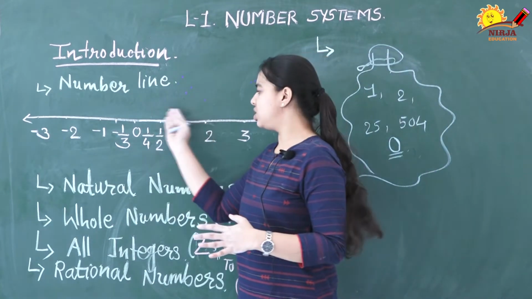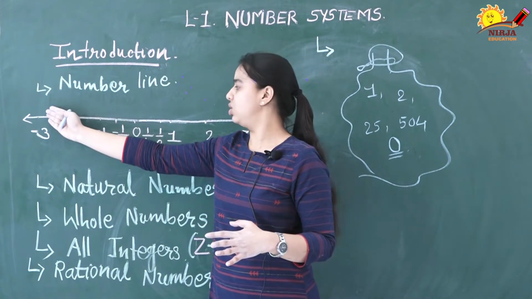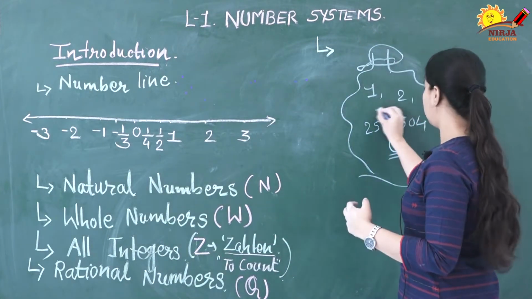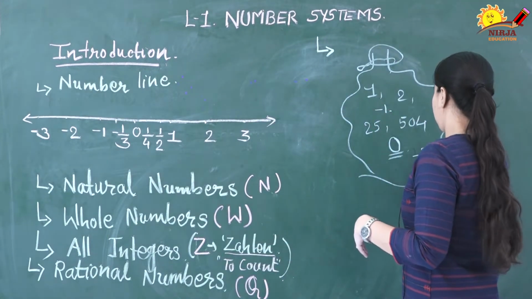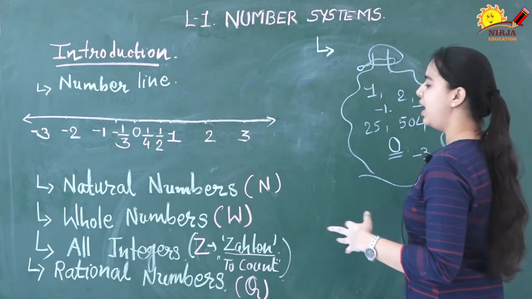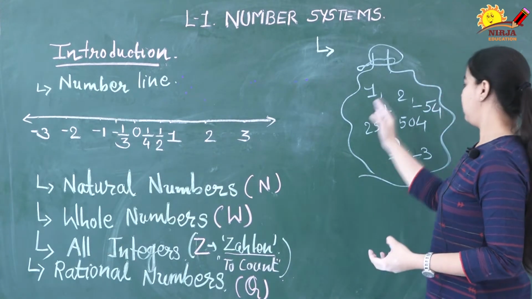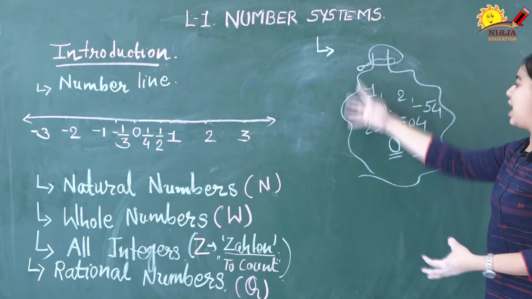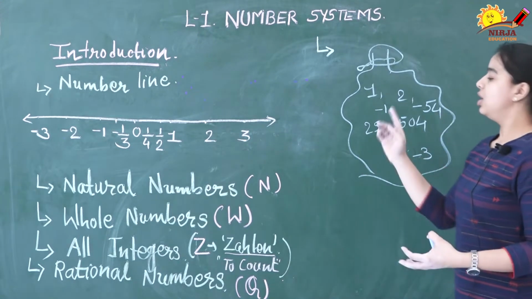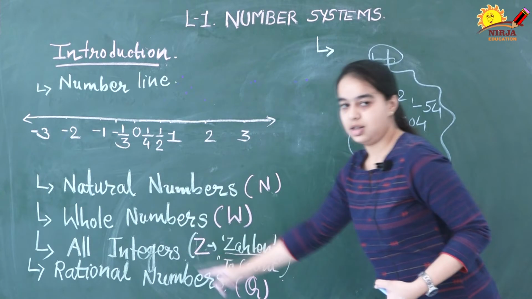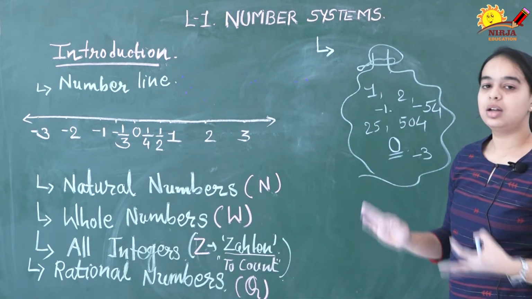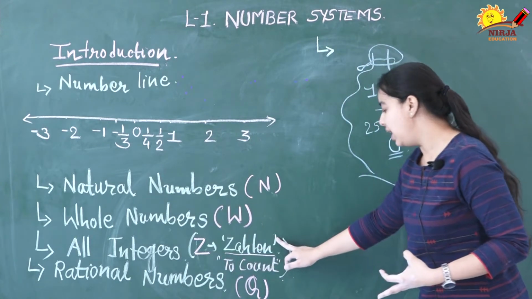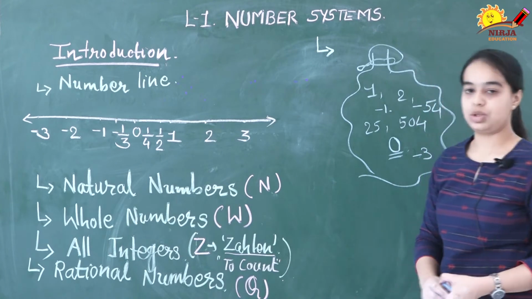Now you are at 0, which we have already collected in our bag. You want to turn and go this way to collect the negative integers. Let's do so. I have collected some negative integers: -1, -3, -54 and many more. So with the negative integers, all the positive integers and 0, all the numbers in my number bag are called integers, and we indicate integers by the symbol Z. The symbol Z came from the German word zählen, which means to count.